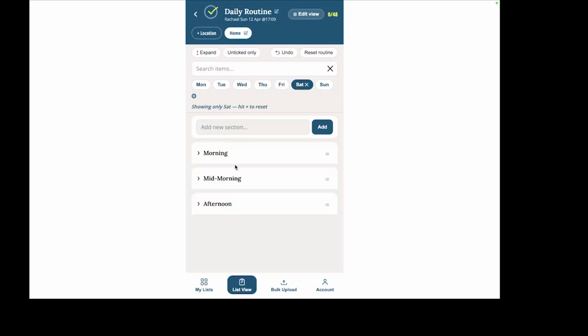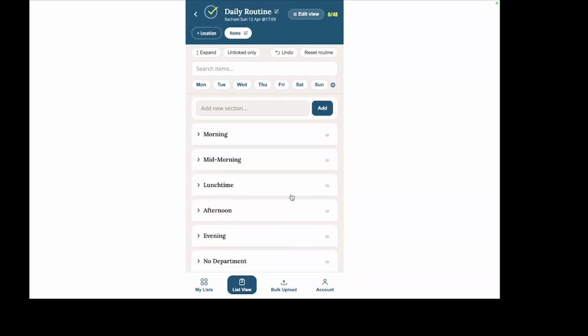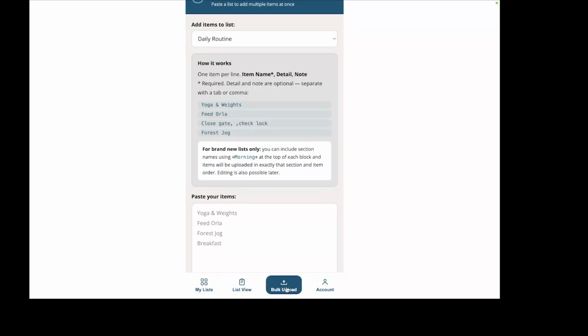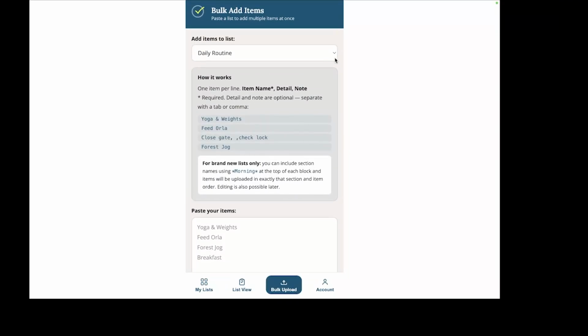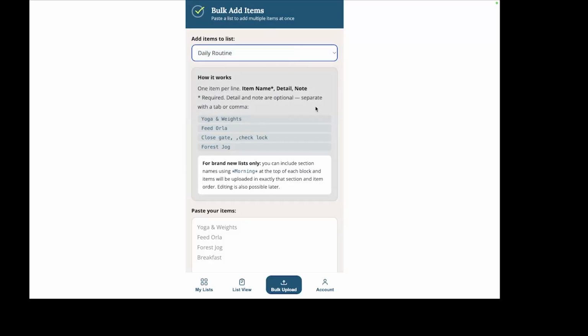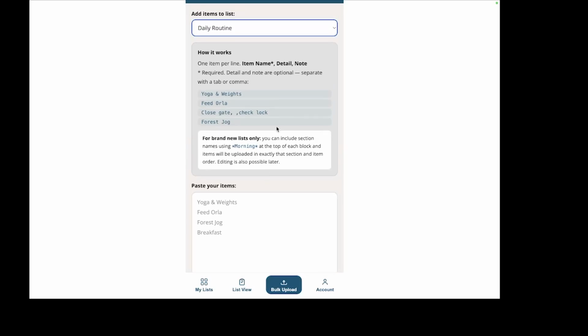When you collapse this, you can see that I've got this set into sections of morning, mid-morning, afternoon, and evening. But you can set that up any way that you want. So to get you kicked off really fast, you can select where you want to upload something, and if you've got all of these items in a spreadsheet or in iNotes or anything you like, you could just